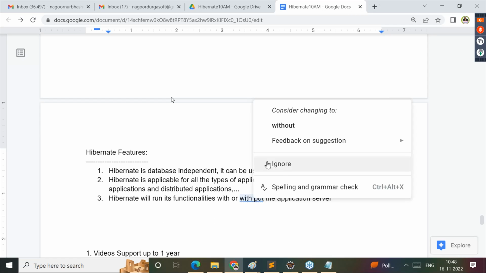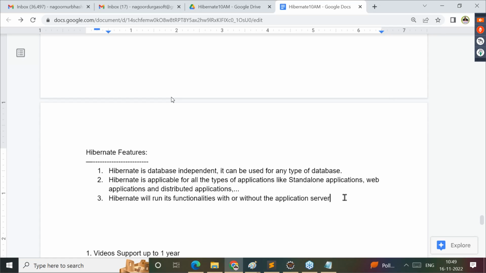With or without the application server, we can understand clearly. Yes, it is possible to use Hibernate with or without the application server. This is one point here. Next one is Hibernate is providing